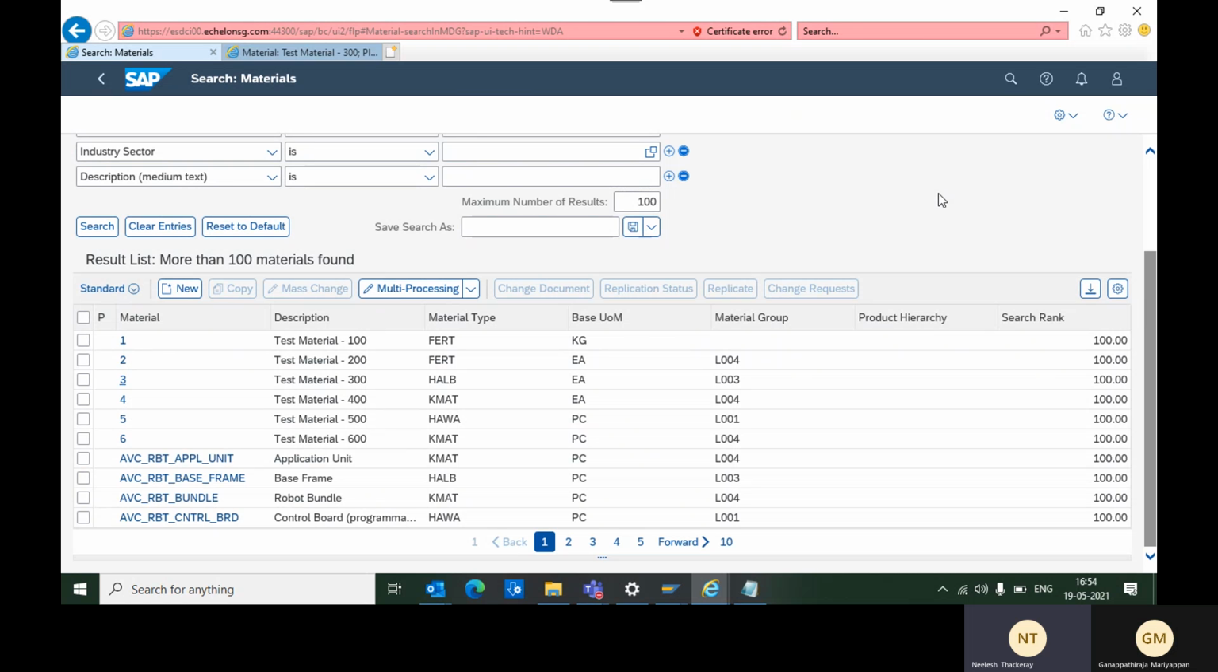Mass change is something very different. Mass change means, and there's always a confusion between multi-processing and mass change. See, mass change is something where you select a list of fields and you are making changes to all the values in the selected fields. Multi-processing means across the fields, whereas mass change means within the